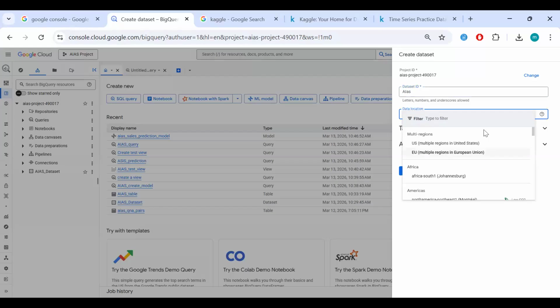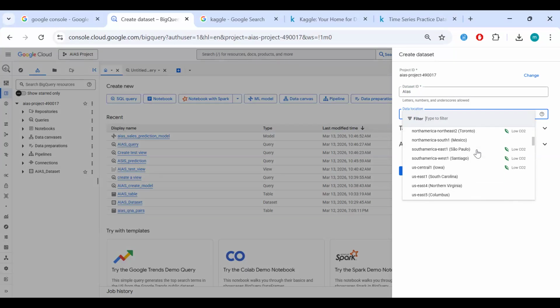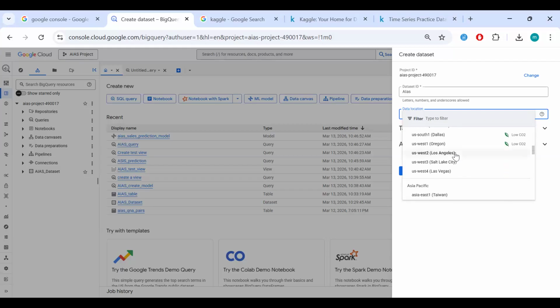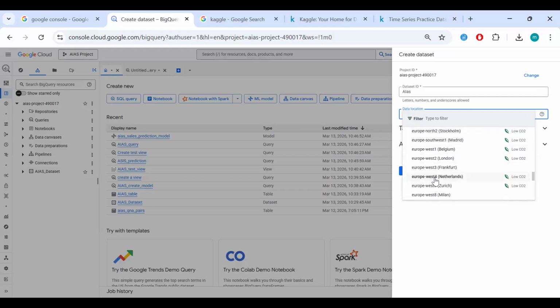Then I will determine our location. Now I should say this: your location basically refers to where your data center is being hosted. Naturally, it's best to pick a location closer to you, your company, or where your client base is, so it reduces latency in a sense. If there's any need for API calls to the database or to a data center, it's faster because it's already within our region. Now, we have a lot of locations, but the ones that we're using today are the US Central Iowa and the Europe West Netherlands.